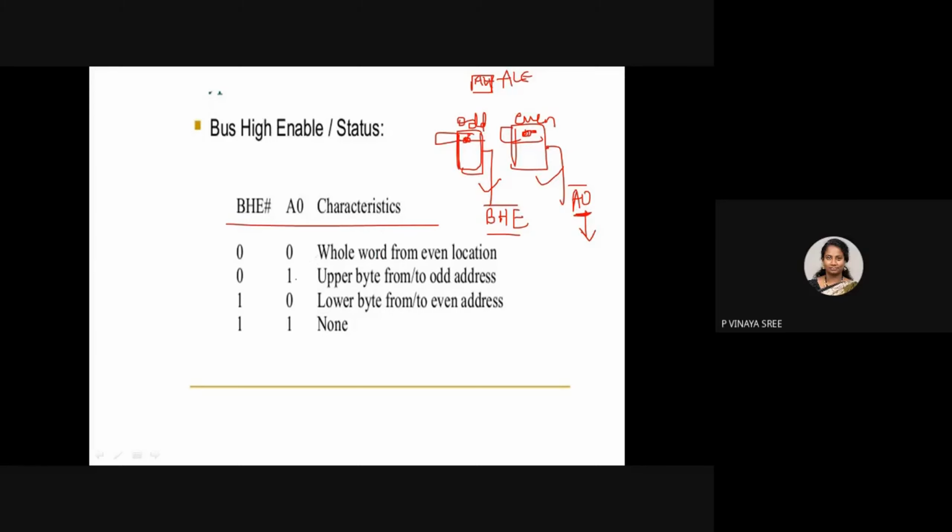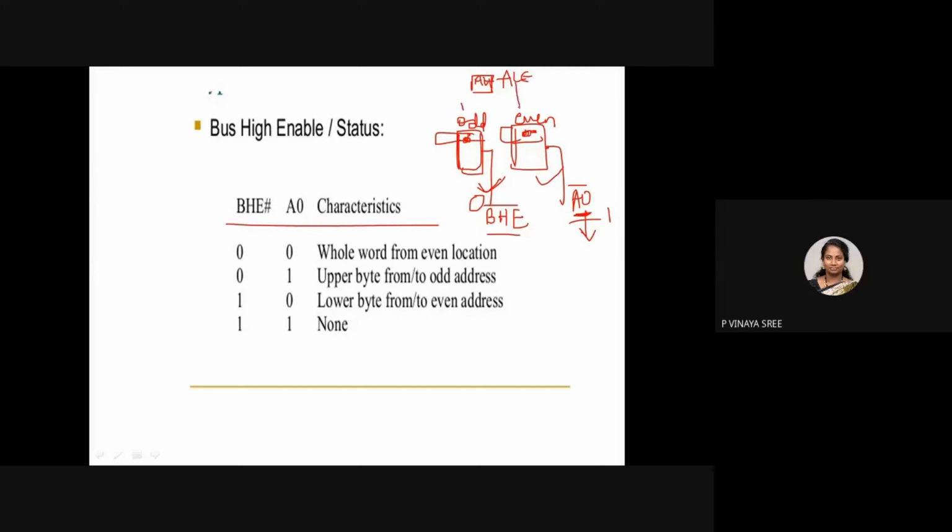Now concentrate. If this is 0 and if this is 1, which one is active? Odd memory is active or even memory is active? Odd. Odd is active. Why? Because both are active low pins, which means when it is 0, only then it will be active. As it is 0, the odd will be active, which means higher. So for 0 1, odd indicates higher. So the upper bytes of this particular address will be activated.